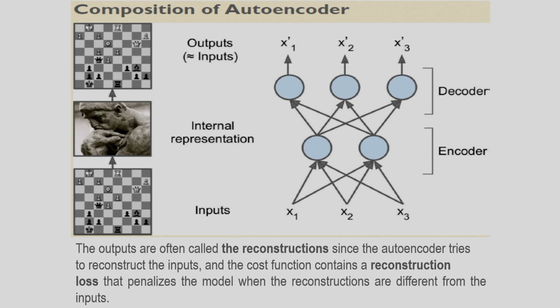The outputs are called the reconstructions, since the autoencoder tries to reconstruct the inputs, and the cost function contains a reconstruction loss that penalizes the model when the reconstructions are different from the inputs. The decoder is used for the reconstruction of the input data, and for this I am considering a loss function. If the reconstructed output is not the same as the inputs, then the loss will be more, and